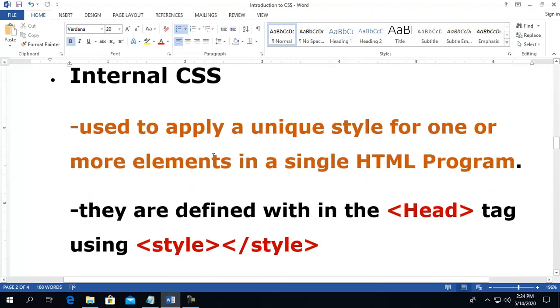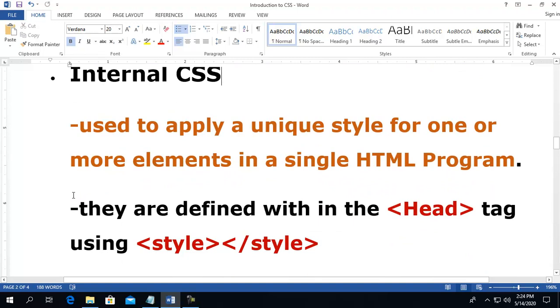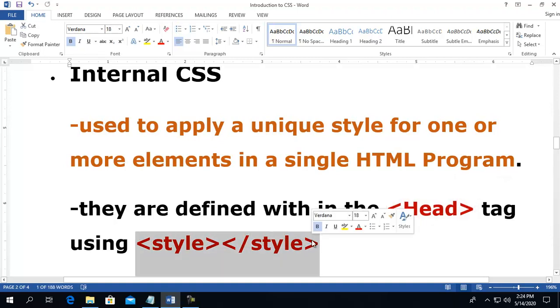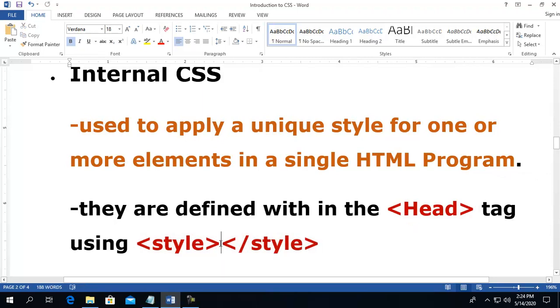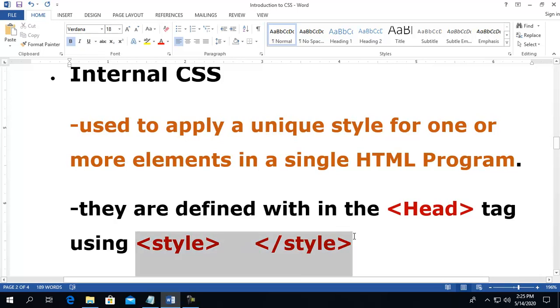For example, this internal CSS is used within the head tag, using the style tag. Whatever property we use between the style and close style tag, we will write the CSS property here, like color, border, font size. But that will be for a complete single program. It will be applicable on that single program,